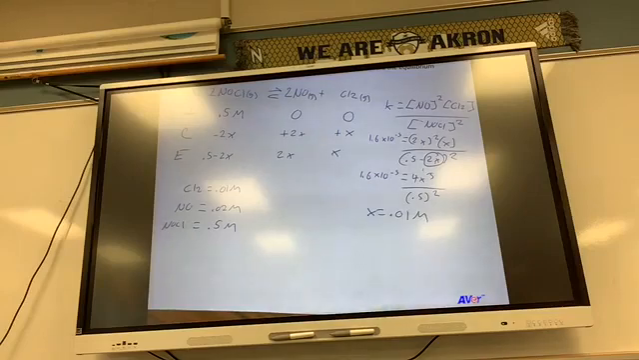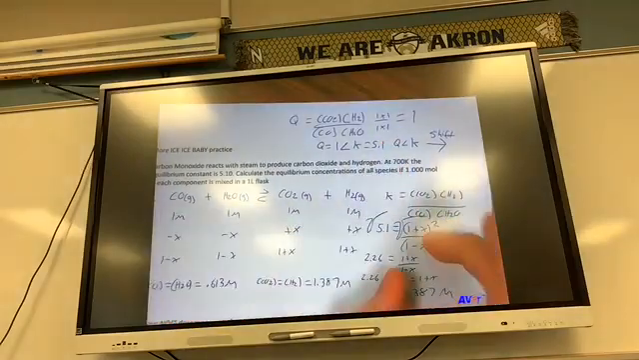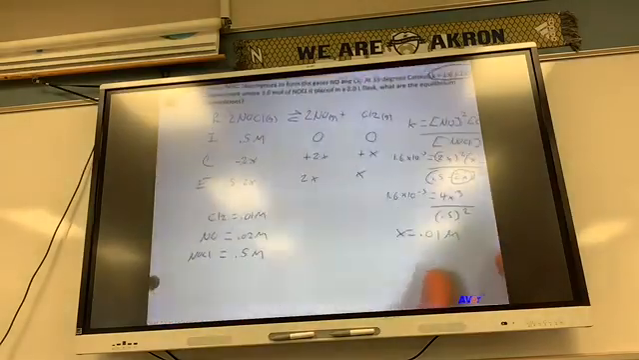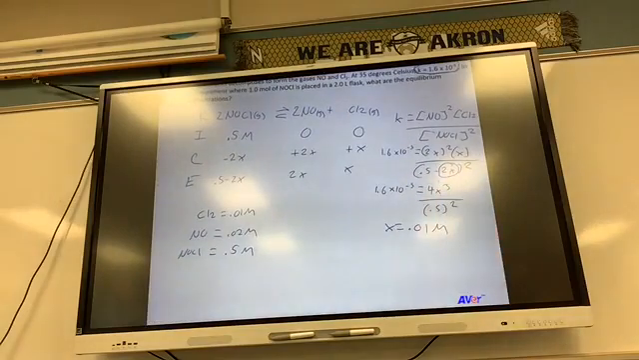So those two ICE problems are really important because we didn't do one where you had to solve for Q first to figure out which way it shifts. And now you see the shortcut. If K is small, the x on the bottom goes to 0. Your life is beautiful. Now you should be able to do every single problem on